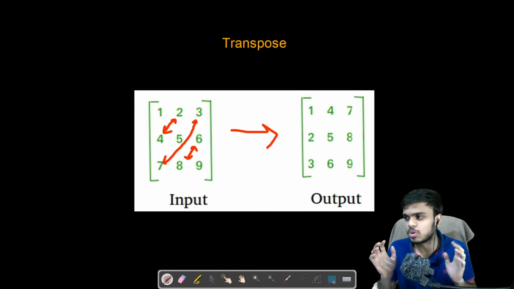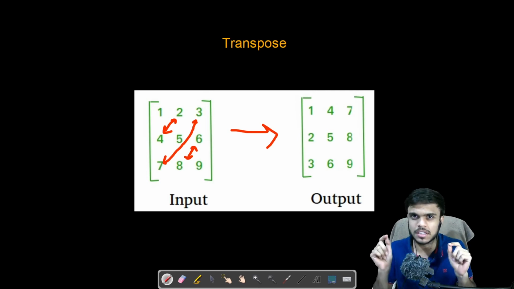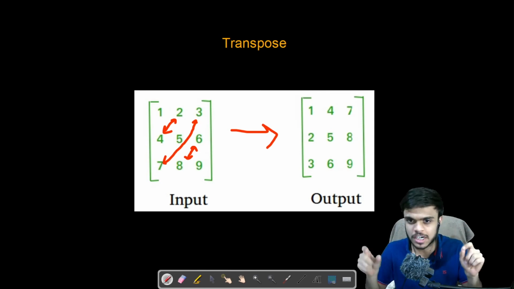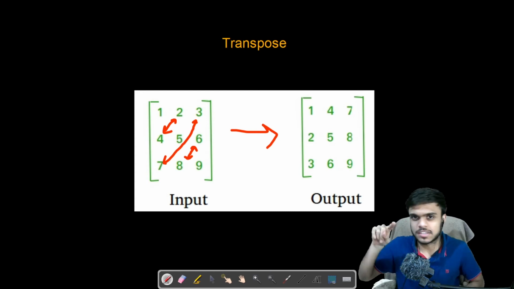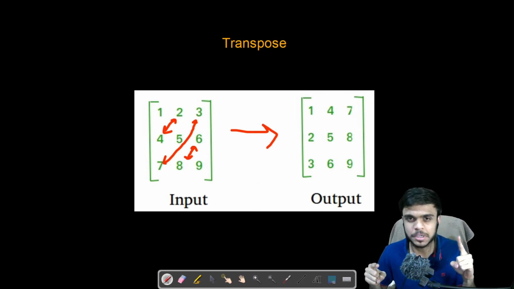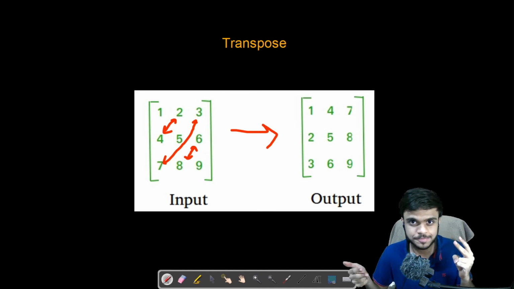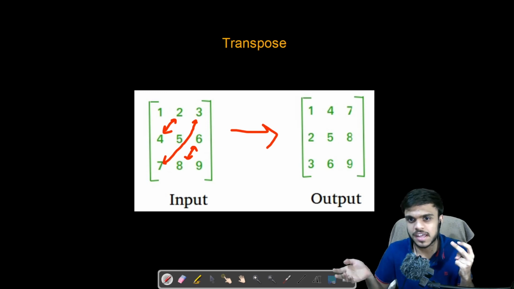So this is the transpose, and after doing a transpose we just need to do a little tweak to get our final answer, which is to reverse the complete row of that matrix. So there are two operations to perform to rotate the elements clockwise 90 degrees: first take the transpose of that matrix, and then reverse every row. You can do the reverse with any approach, by two pointers or by directly reversing the array.